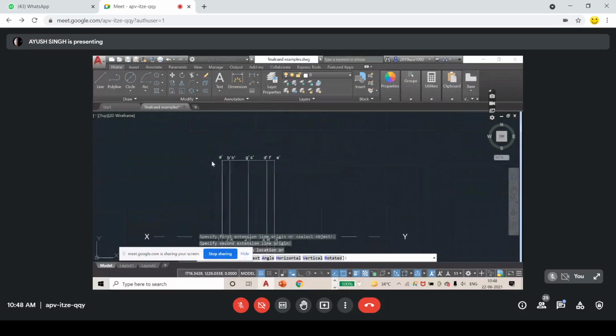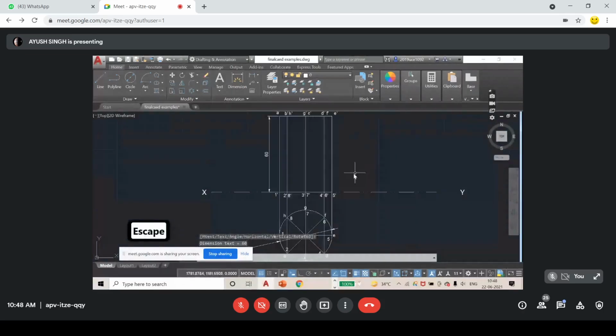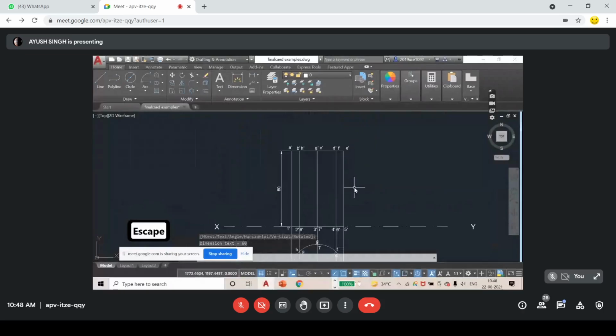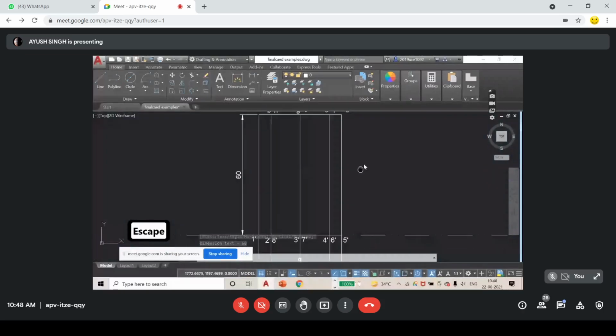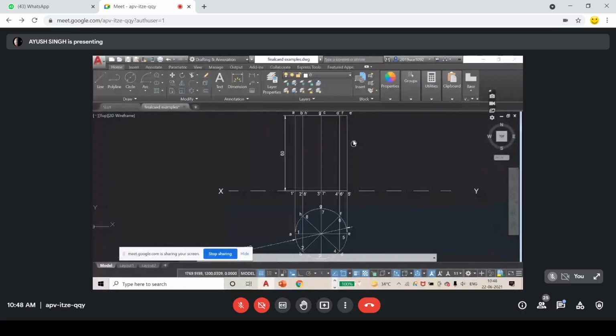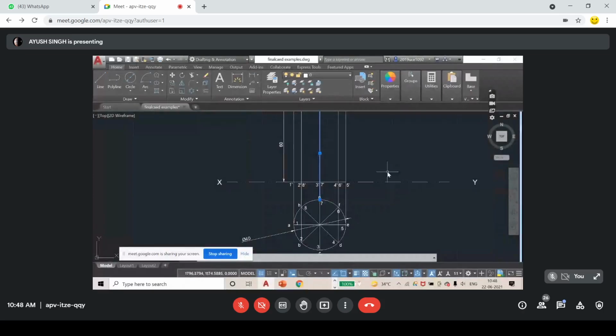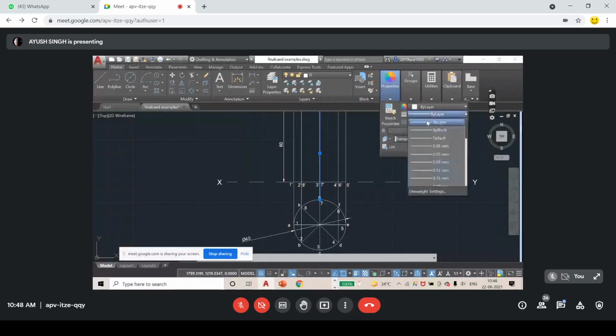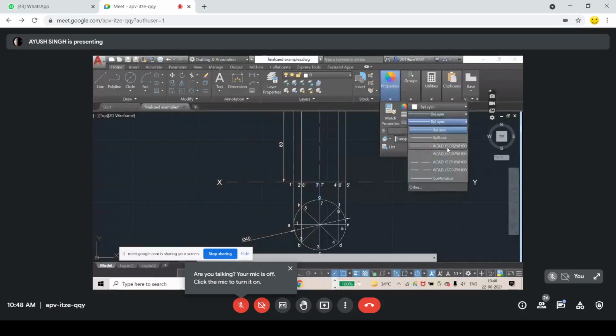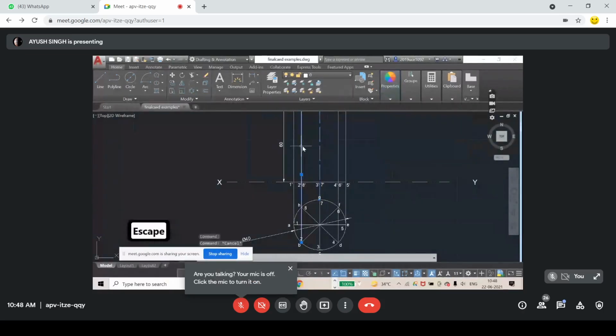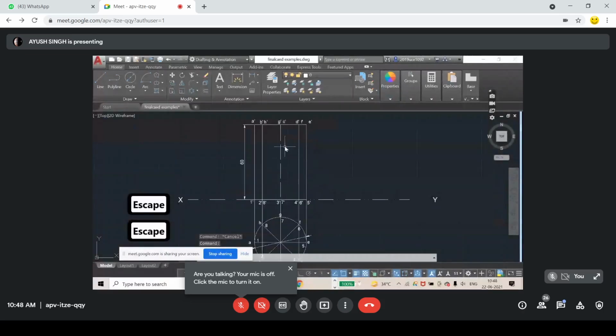Right. So you can see the mistakes also. Common mistakes everyone does. So this is my axis. So I'm going to mark it as dash. And everything else is visible. This is my axis.